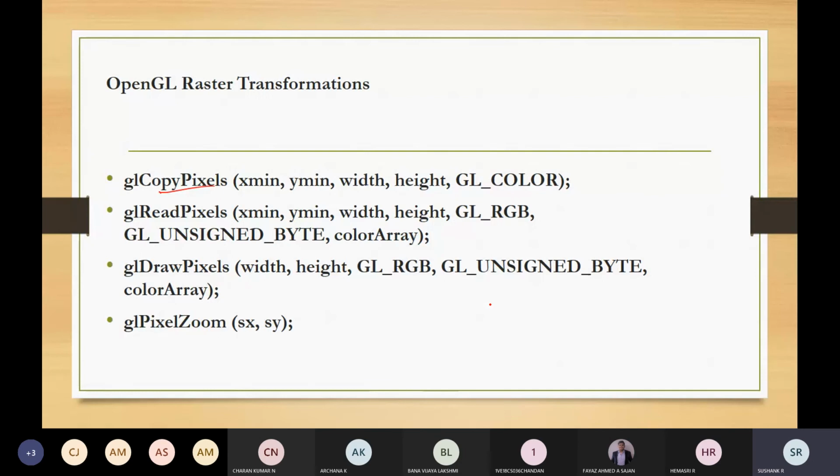Also, you can store RGB color values in a buffer inside an array, using the function called read pixel. With this glReadPixels function, you can store RGB color values inside a buffer which is saved in an array called the color array.